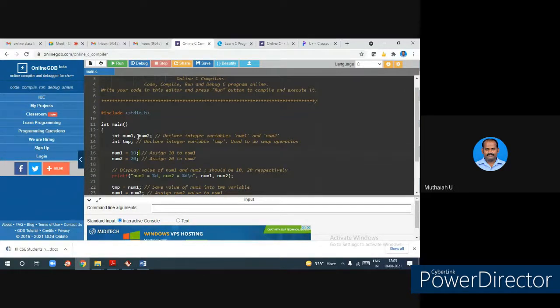See, number 10, number 20. These two values I have taken. So in number 1 I stored 10, in number 2 I stored 20. Why do we have to declare a variable? When the compiler comes to check that variable, first two things will be done. One, it will check the syntax, whether you follow the C syntax or not. Int, right? Integer, data types you already know. Integer is there, float is there, character is there, whether you follow the right syntax.